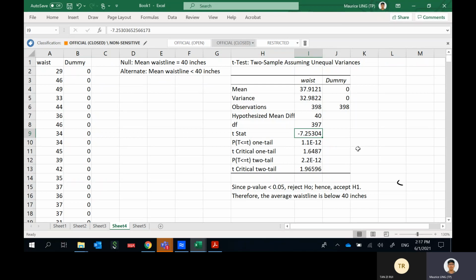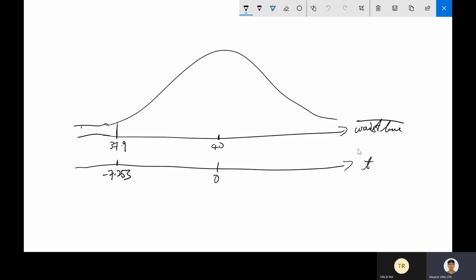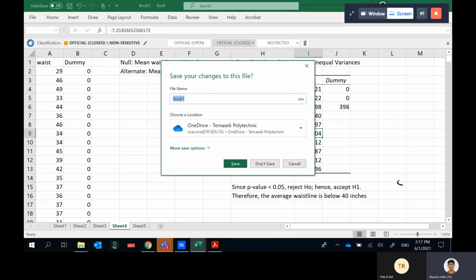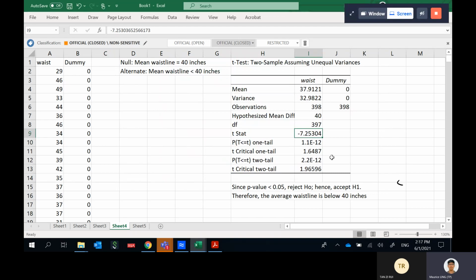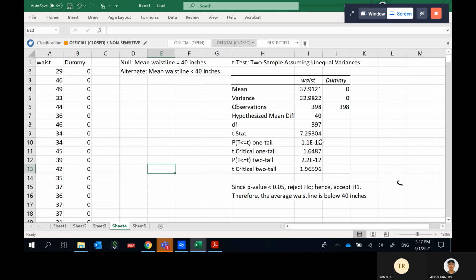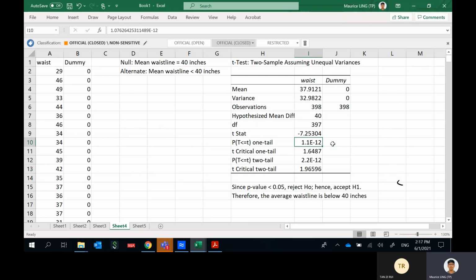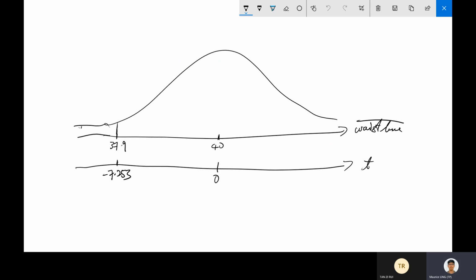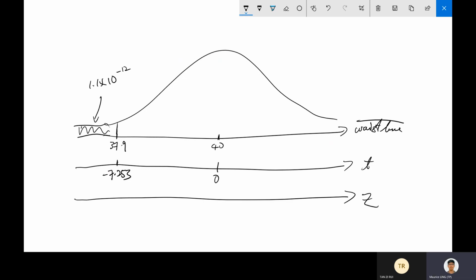If we do it on the Z-test version, the area is going to be quite different. So 25 is 1.1 times 10 to the power of minus 12. So this area here is 1.1 times 10 to the power of minus 12. If we do it on the Z-test graph,